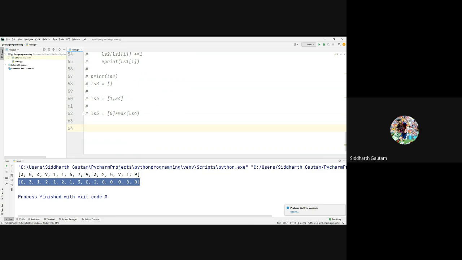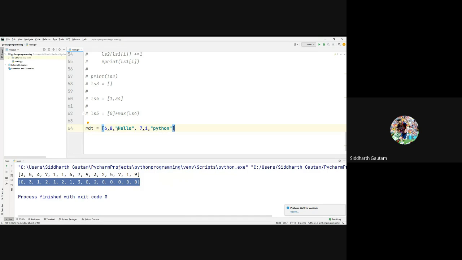Let's take the name as RDT. This list is equal to, and let's say it has 6, 8, and some words like Python, hello, and 7, 1.